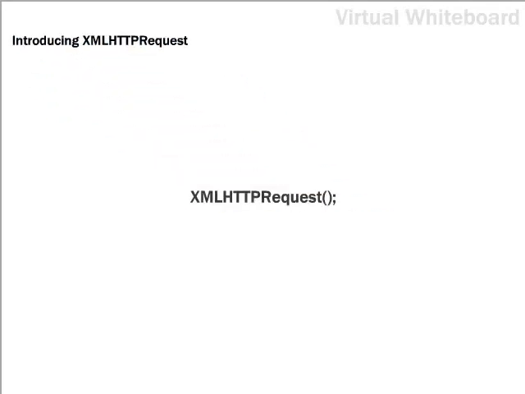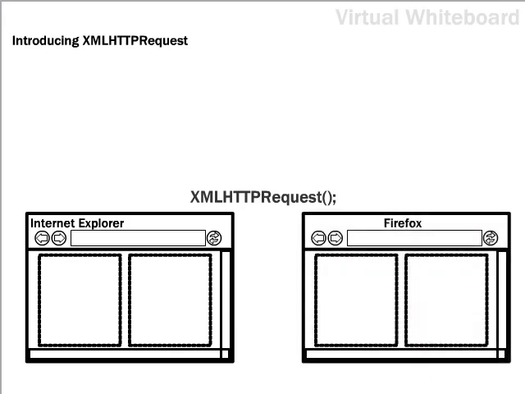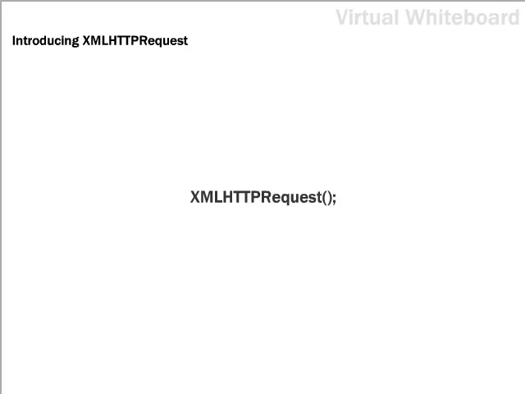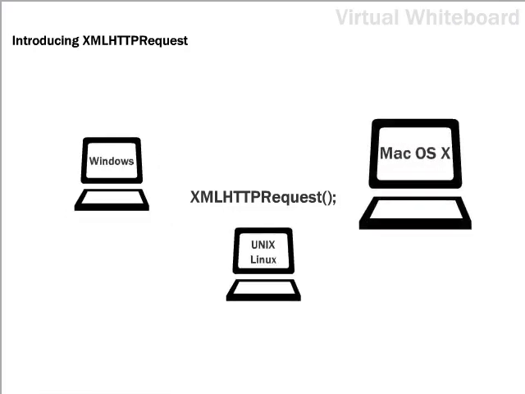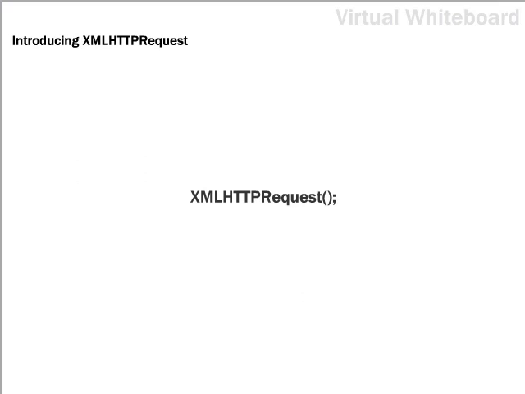XMLHTTPRequest is supported by virtually all modern browsers, including Microsoft's Internet Explorer 5+ and a variety of non-Microsoft browsers, including Mozilla, Firefox, Konqueror, Opera, and Safari, and is supported on a wide range of platforms, including Microsoft Windows, Unix, Linux, and Mac OS X. The purpose of the XMLHTTPRequest object is to allow JavaScript to formulate HTTP requests and submit